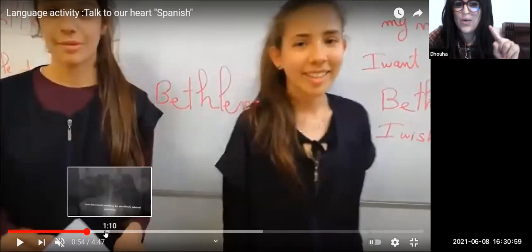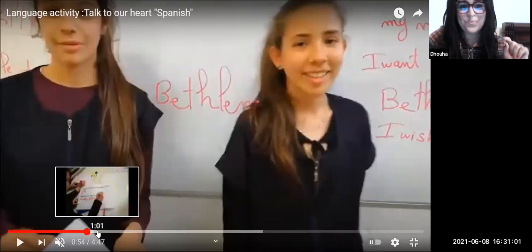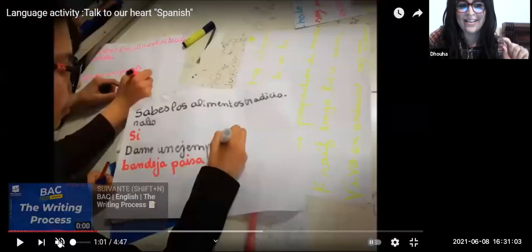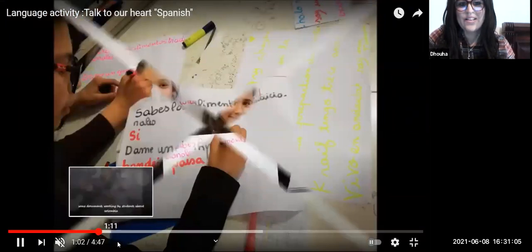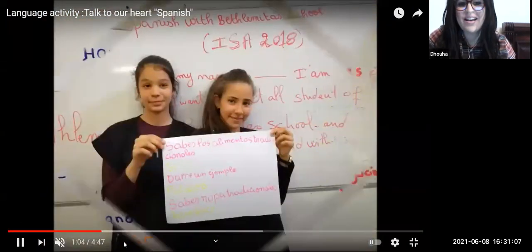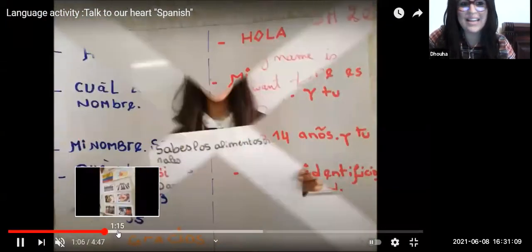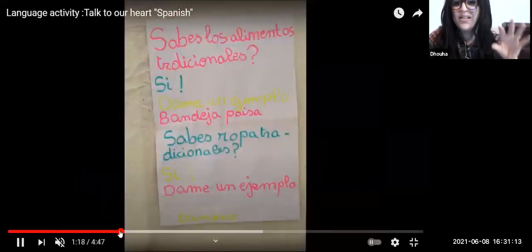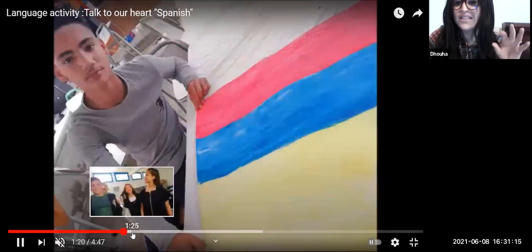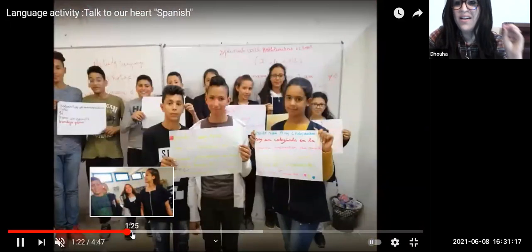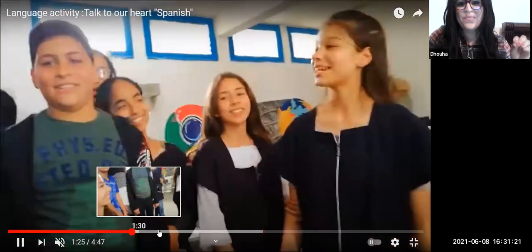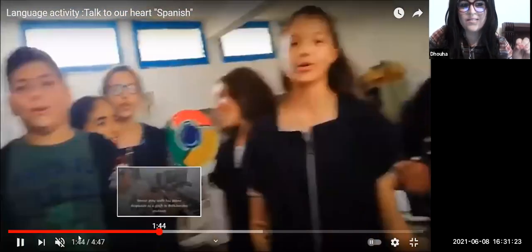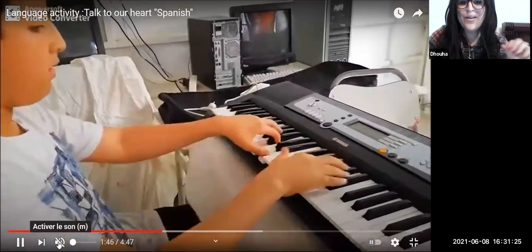So I want to show you at the end here the workshop. They write in Spanish and they don't have any knowledge of Spanish. They prepare their poster about the tradition and custom of Colombia. They learned a lot about other cultures. They sung, okay,